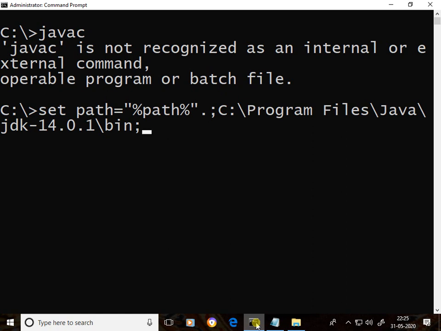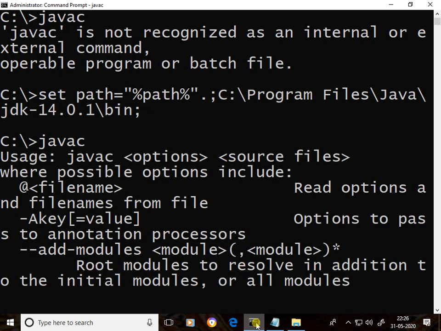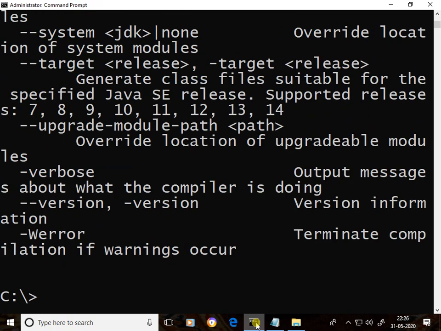First of all, you check in your system C drive, Program Files, Java folder, which version is installed. That version you have to write. After that, bin will be common for any version. Okay. Now, this is called path setting at the command prompt. What is that? I'll explain. Before going to that, I'll execute javac. You observe, javac. Now the path is set successfully. Once you are getting all these options, it means the Java path is set properly.